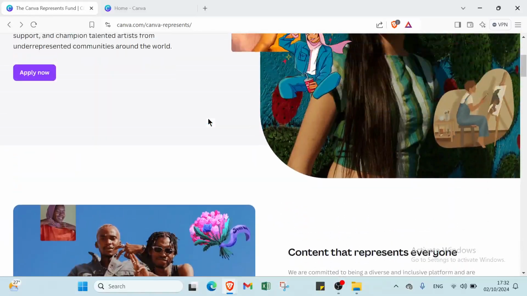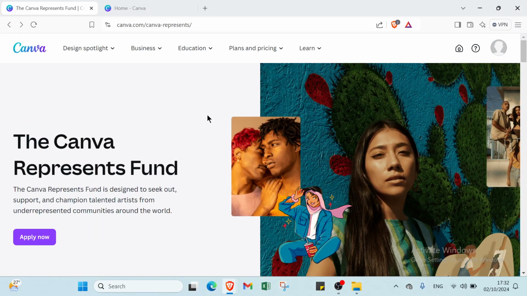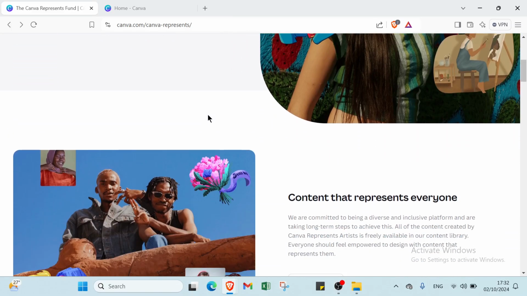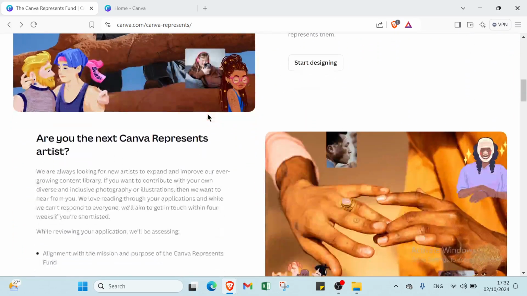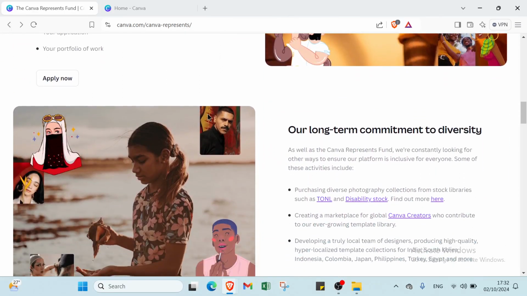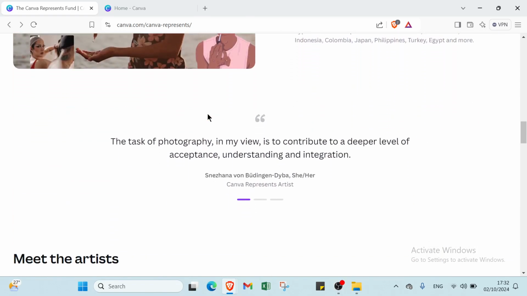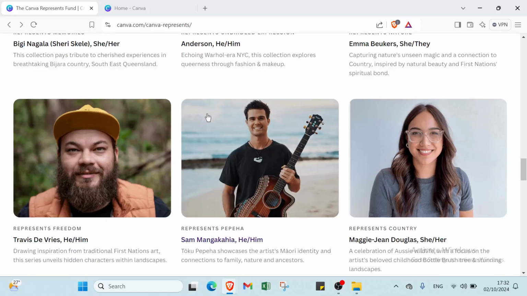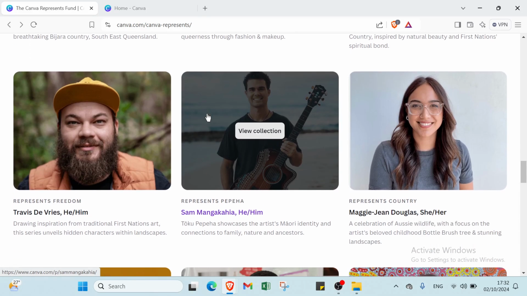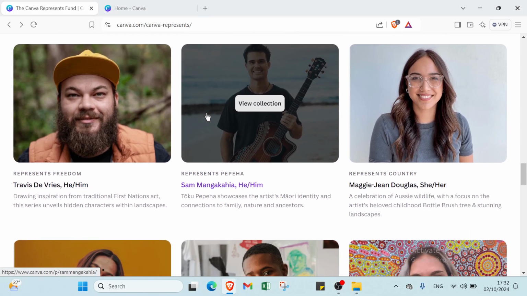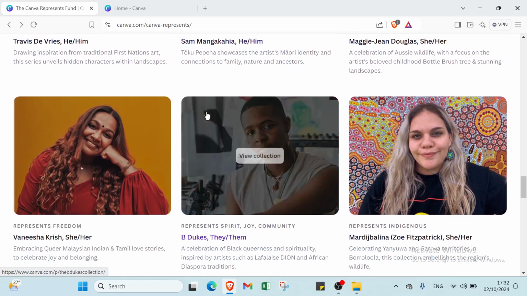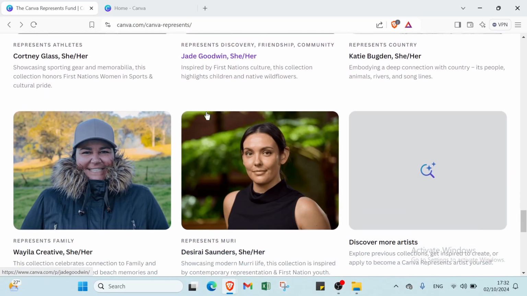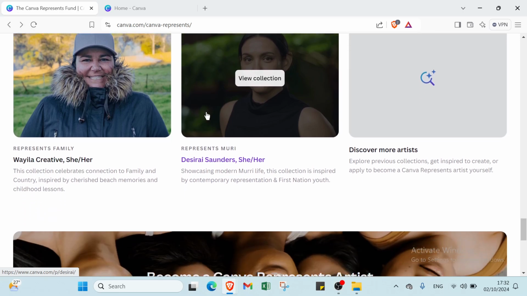This is the home page as you can see. So what is Canva? Canva is a user-friendly graphic design platform that allows anyone to create stunning visuals, including social media graphics, presentations, posters, and videos with its drag and drop interface, extensive library of templates, images, and fonts. Canva simplifies the design process, making it accessible to beginners and professionals alike. It offers a variety of tools for customization, enabling users to create personalized content for various purposes, from marketing to